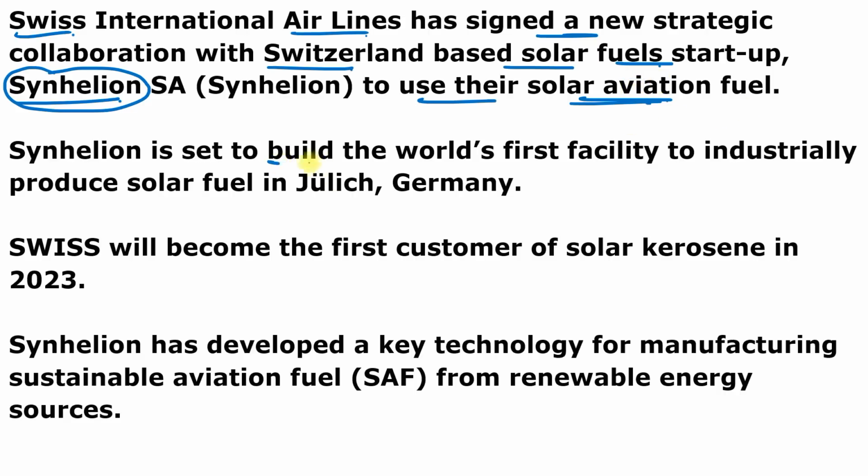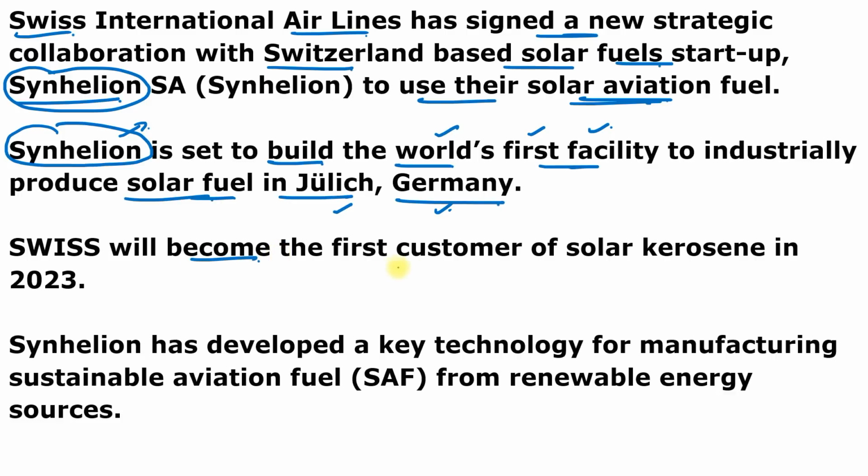And Synhelion is also set to build the world's first facility to industrially produce solar fuel in Jülich. Jülich is situated in Germany. So you have to remember that the world's first facility to industrially produce solar fuel will be set up in Jülich. This is situated in Germany, and this will be set up by a company known as Synhelion, and it belongs to Switzerland. So Swiss will become the first customer of the solar kerosene in the year 2023,